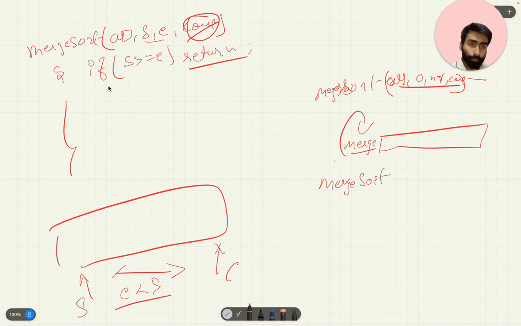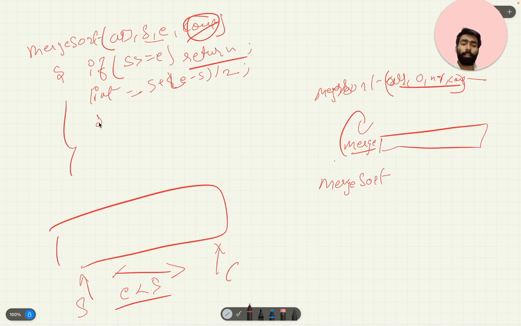But while doing merge sort we need a midpoint. So find the midpoint: we will write s plus (e minus s) by 2. In this way we will get the midpoint.